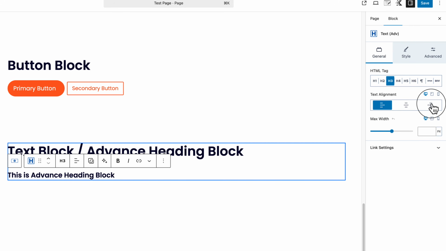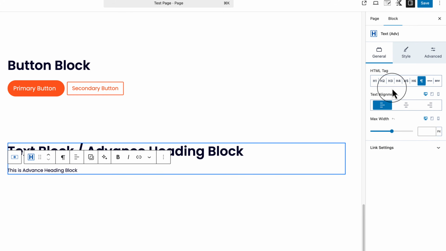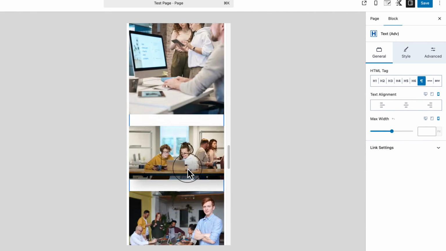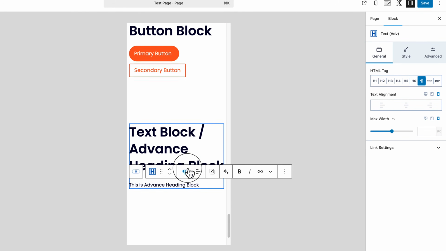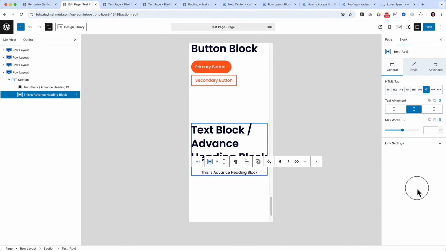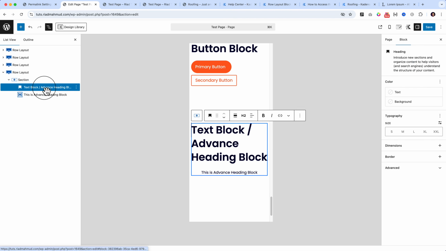So let's say you have added a paragraph and you want to change its alignment to right side or center when you're viewing or navigating on mobile devices. By default there are no options, and that's why you have to select here and change it to center on mobile devices. But right now, if I am using the default heading block, it doesn't have that feature,